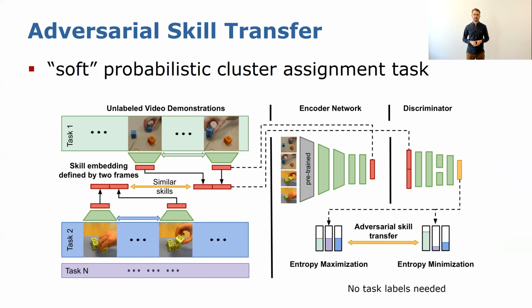The interplay between the encoder and the discriminator networks works as follows. The discriminator minimizes the entropy given an unlabeled skill embedding to be certain about which task the skill originated from. The encoder, on the other hand, besides learning the temporal coherence, tries to maximize the entropy to learn a domain-agnostic skill embedding. Thus, it wants to be unsure about which task a skill could have originated from. Finally, we use an additional regularizer to enhance the equal usage of all task classes, corresponding to maximizing a uniform marginal distribution.